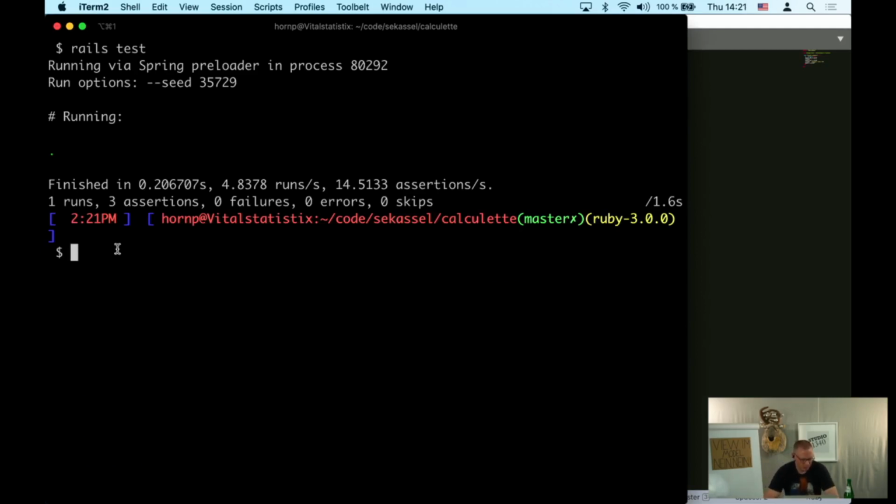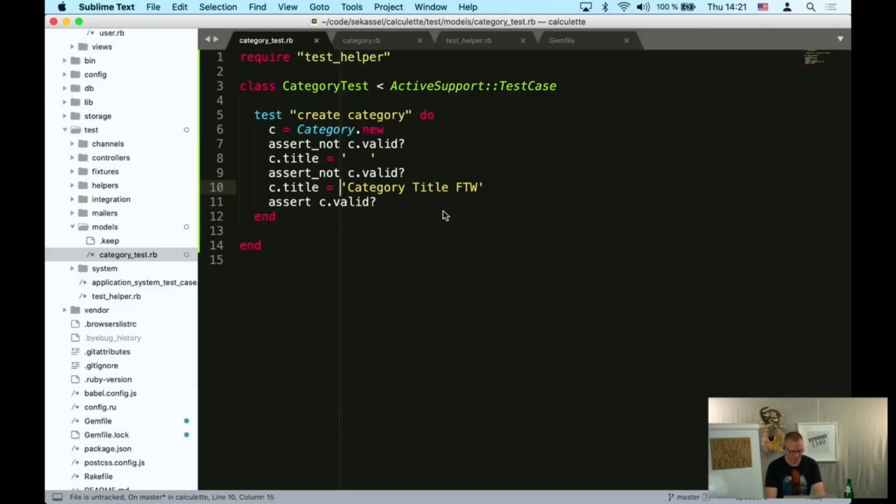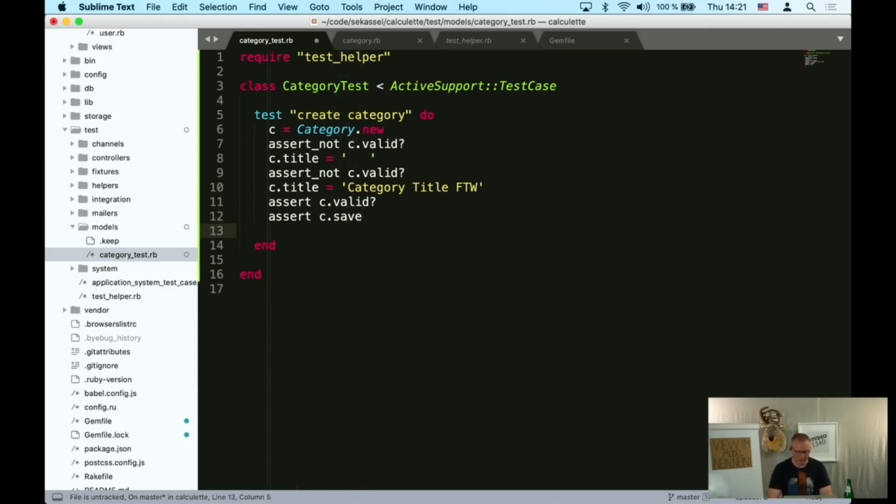All right, pretty fast. We had 1 run. We had 3 assertions, and of these, none failed, no errors, no skips. So yeah, the assertions worked. And now we can even say c.save and see whether it saved. And well, it's not actually creating category, it's more test title presence. This is what we actually tested there. So if something goes wrong now,